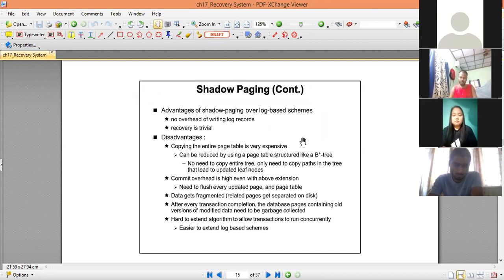Data gets fragmented, because the memory location may not be contiguous, and that memory location may not be free all the time. Because it is using the page concept, and if a page is not freed, contiguous data may not be written contiguously in the memory.